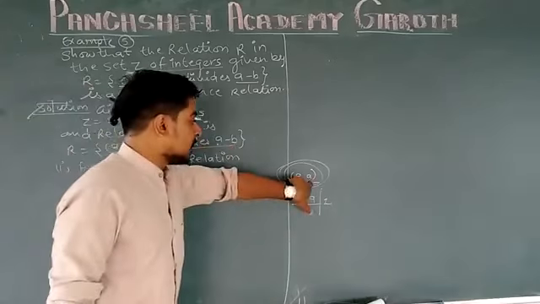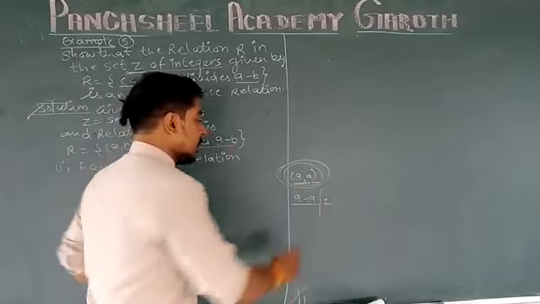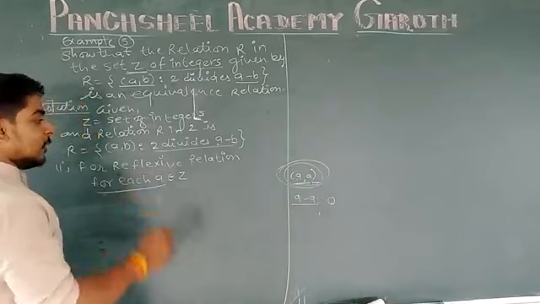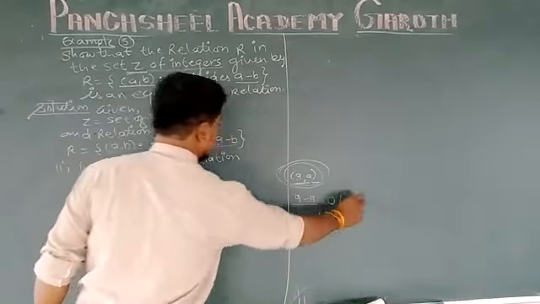The difference of both numbers in (A, A) is equal to 0,